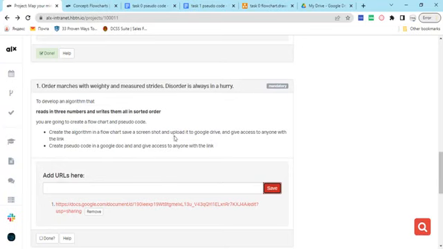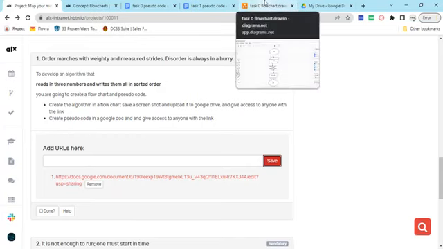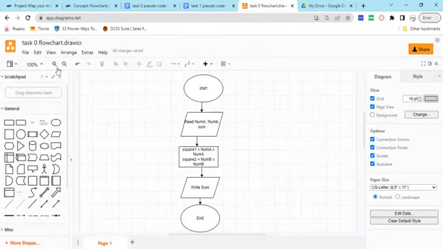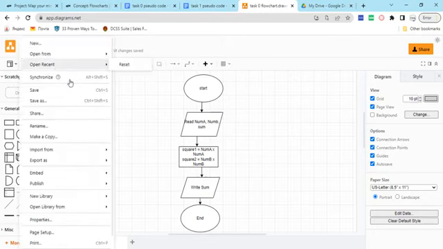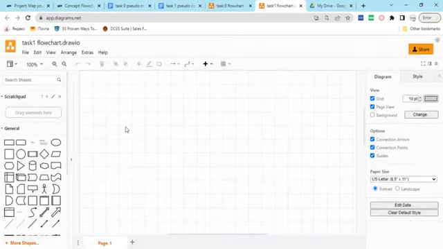So now the next thing is to draw the flowchart for this program here. So let's try and draw the flowchart. So let me go back to my draw.io. Let me create a new file. So let me name it task 1 flowchart, right? Actually, I'm not going to draw the flowchart for this task because if I should draw